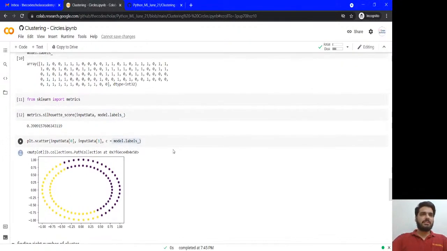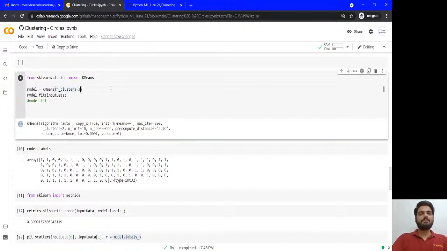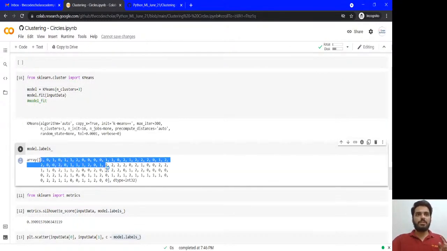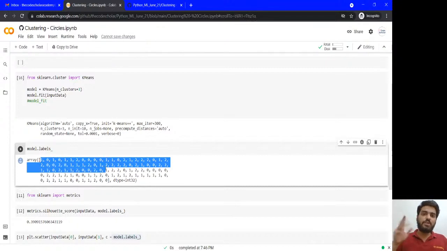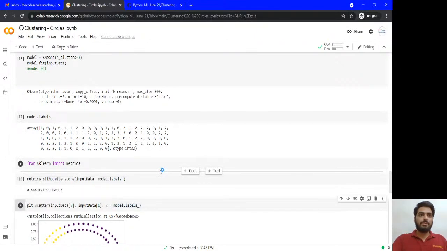Now I'm going to increase the clusters. So I'm making it 3. Now carefully see everything. 3 clusters. These are the new labels: 0, 1, 2. You can see here only 3 unique values. 100 samples I have taken in the initial stage. My machine learning model at the back end has understood a pattern and it has given me 3 clusters: 0, 1, 2. Silhouette score: previously it was 0.39, now 0.44. So that means it has increased. The efficiency has increased now.